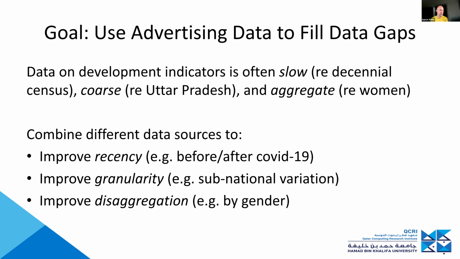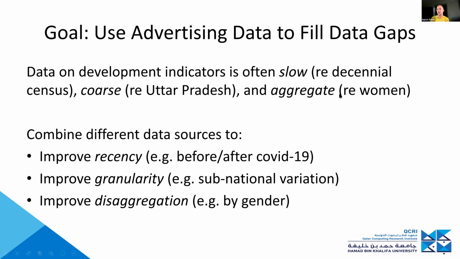So now the rest of my talk, I talk more about applications, right? Okay, so now you can collect such data, but what do you do with this? In my own case, most of my work relates to international development, right? So we try to use such data to fill data gaps in this space. And what kind of data gaps exist? Often data on development indicators is slow, often linked to census data that's only collected once every 10 years. It's often spatially very coarse. For example, you might have one data point for the state of Uttar Pradesh in India, but that has 200 million people, right? What does it mean if you have one data point for 200 million people? It doesn't tell you much.